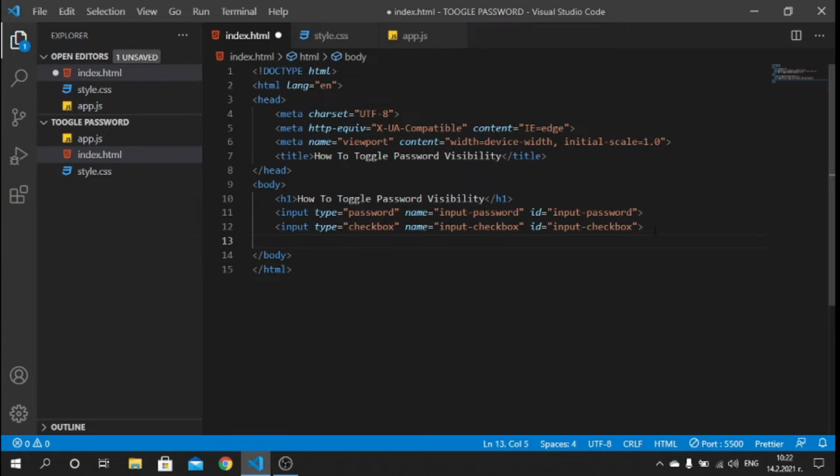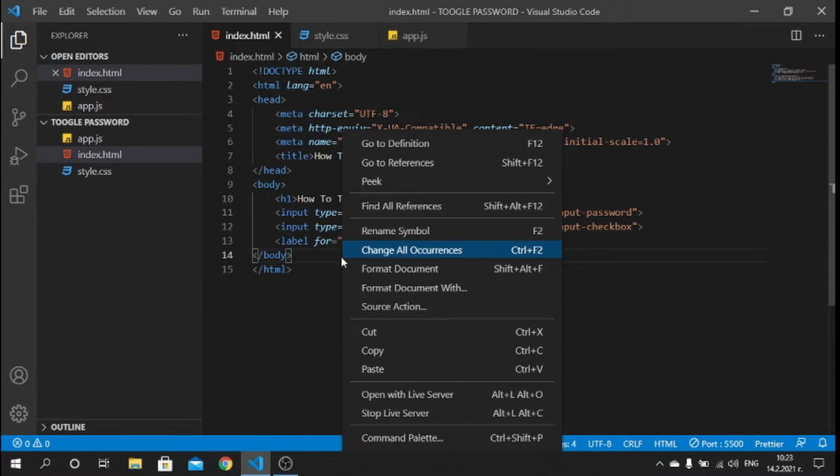Below the checkbox, let's create one label for visibility, I will call this, and I will say, I have a typo here, visibility, I hate my keyboard, so I will say show password. Okay, we are done with the HTML, so let's quickly open this with Live Server and see how this looks